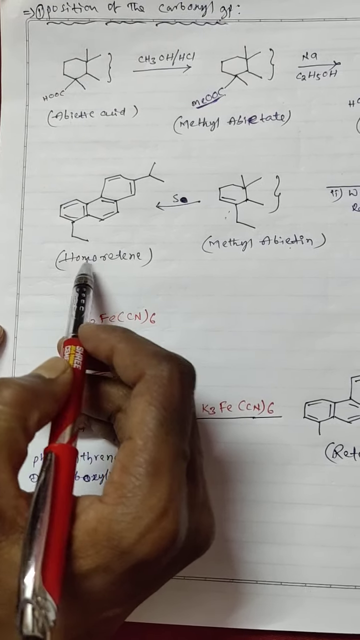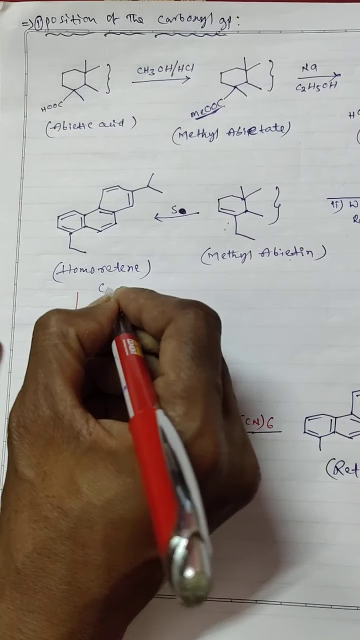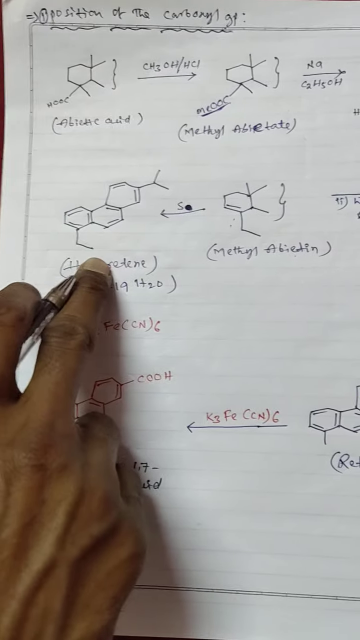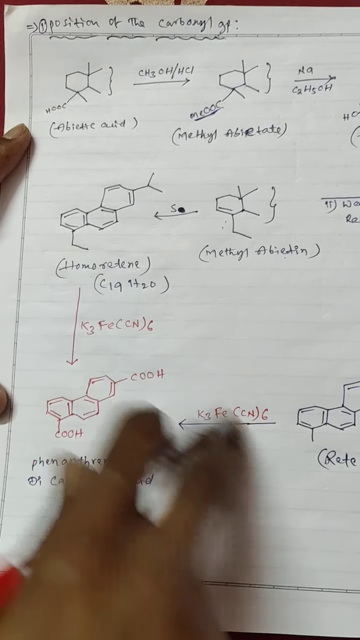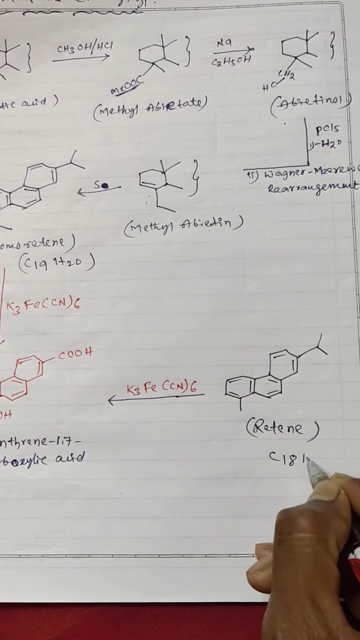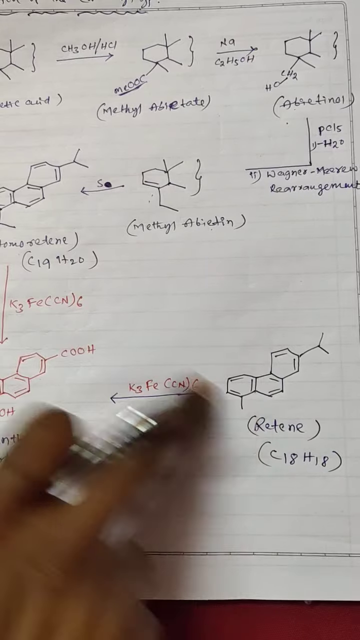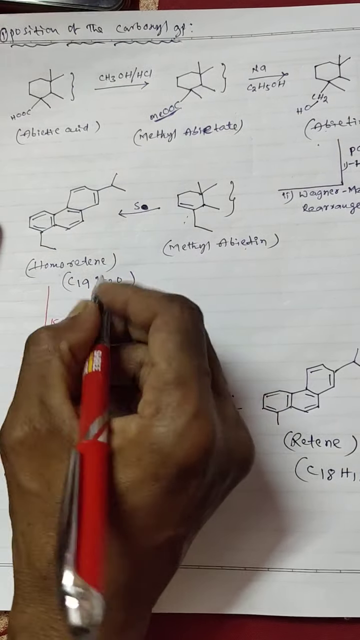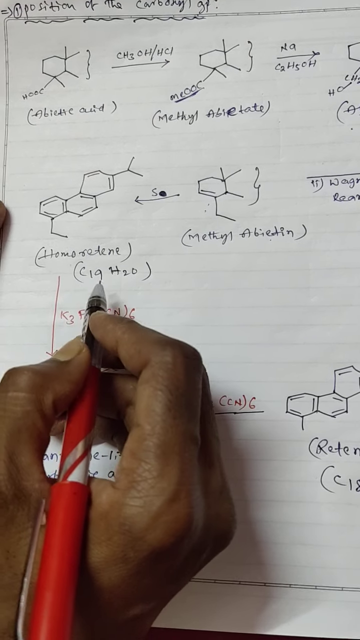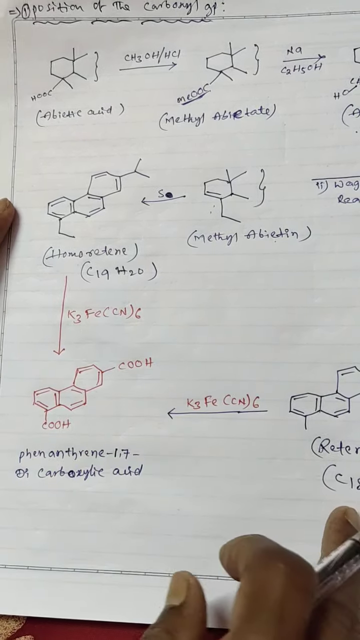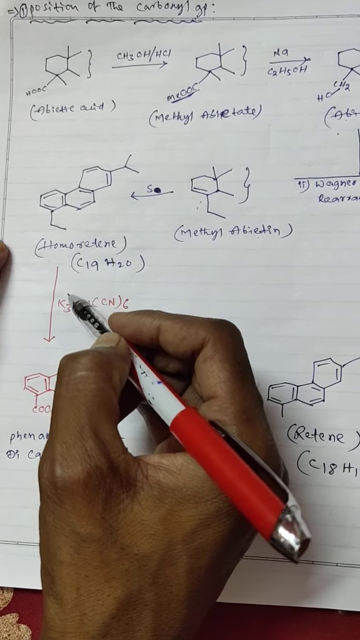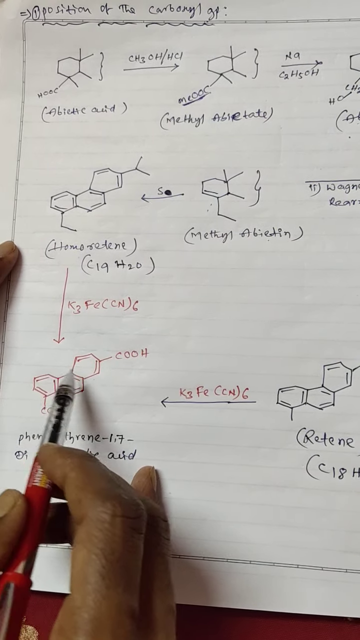Now homoretene has the molecular formula C19H20, which contains one more CH2 than retene. The retene formula is C18H18, but the homoretene formula is C19H20. This means homoretene contains one more CH2 group than retene, and on oxidation with alkaline potassium ferricyanide,